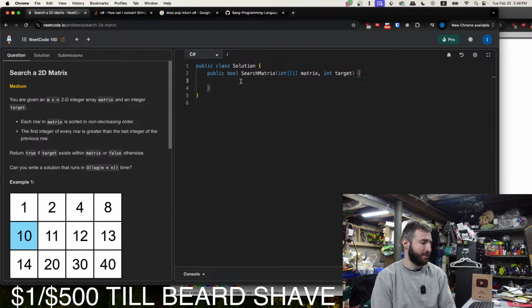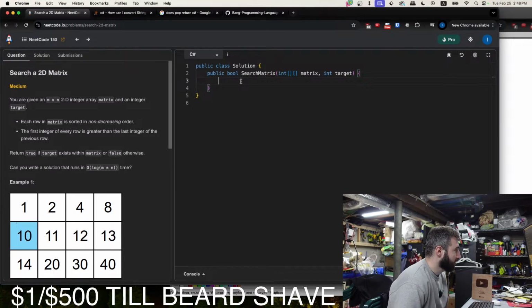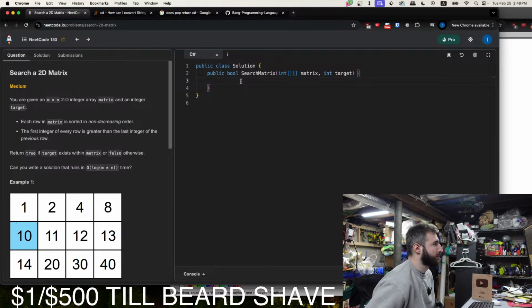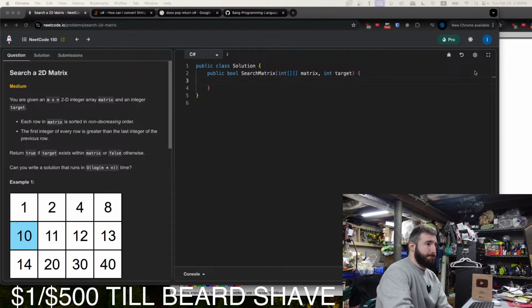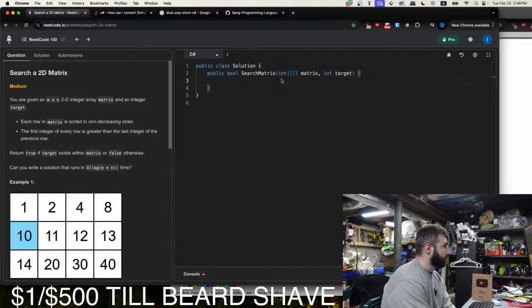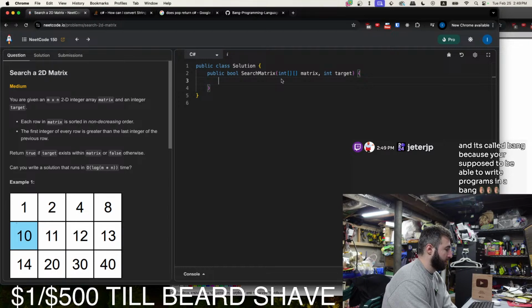Prototype your algorithms in this language, and then you make it a lot easier for yourself to translate. And it's called Bang because you're supposed to be able to write programs in a Bang.